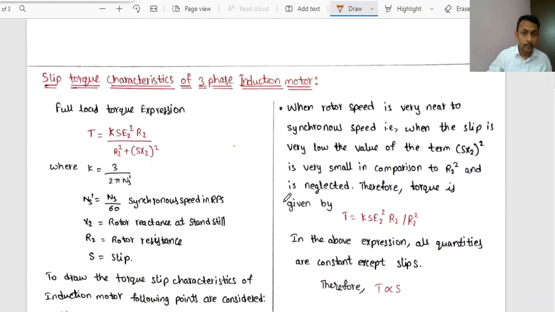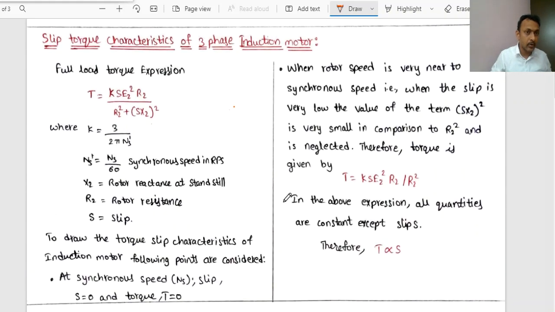Right now, from our previous discussions we have seen that the full load torque expression is given by torque T equals K S E2 square R2 divided by R2 square plus S X2 whole square. In this equation, S indicates the slip, and from our previous discussions we have seen that the percentage slip S is given by Ns minus N divided by Ns into 100,